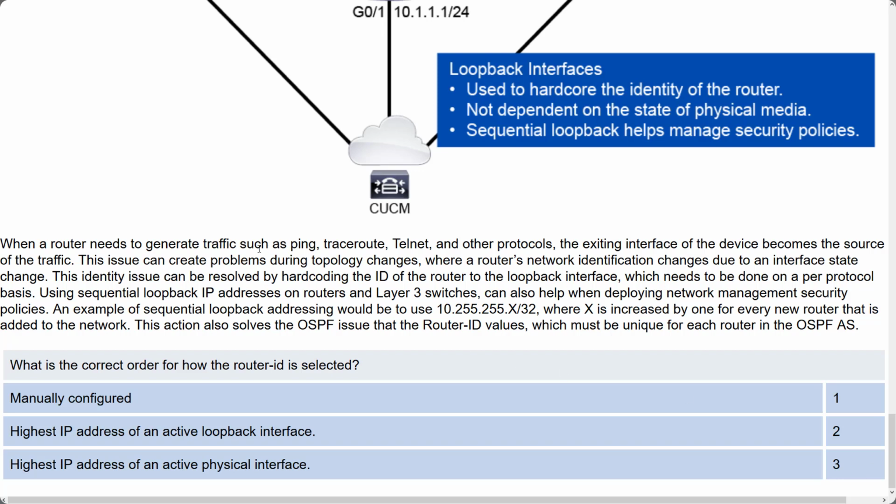When a router needs to generate traffic, like a ping or a traceroute or a telnet, the exiting interface of the device becomes the source of the traffic. Now, I'm not sure that's even relevant in this case, but that is a good point to note. Anytime a router generates traffic, and it doesn't matter if it's OSPF or EIGRP or just a connected router, the source address of that traffic is always going to be whatever interface the packet goes out of. That has no bearing on what we've been discussing. It's kind of a random place to put that, but